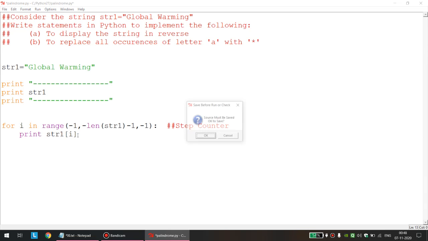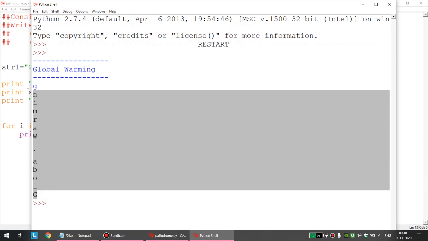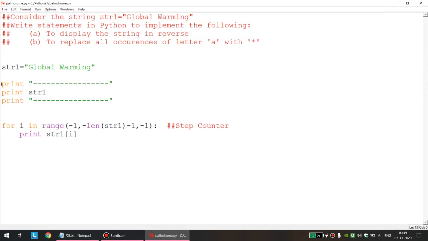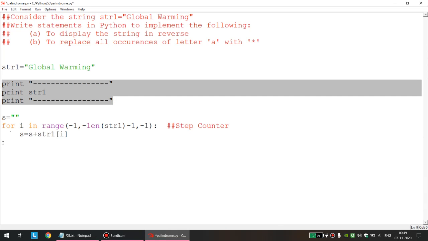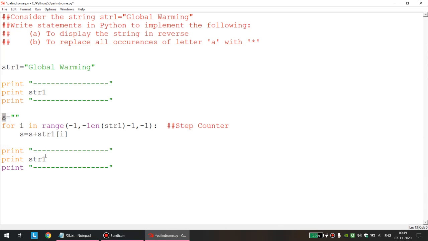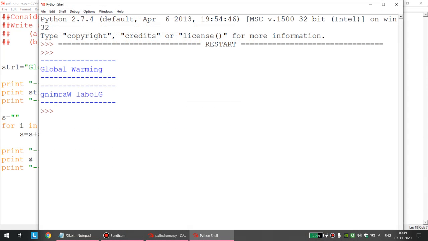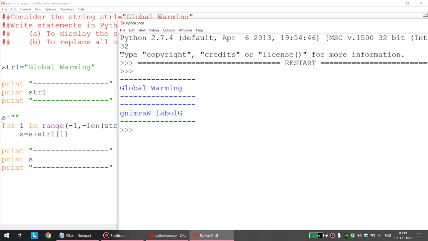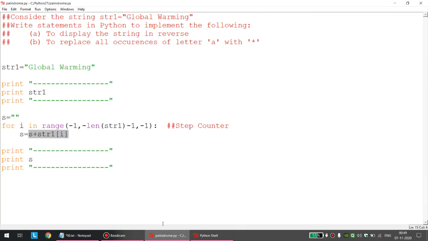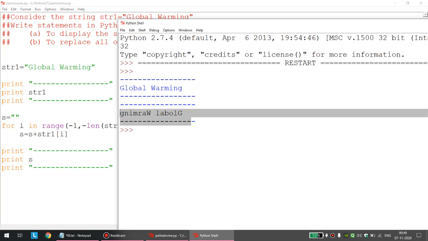Now, as I told you, I do not like that this data is printed in this haphazard manner, line by line. So I will make use of a temporary string. Let my temporary string be s. Okay, as we did in the previous program, we will keep on appending s equal to s plus str of i. And outside the loop again, I will take this decorative material, and my string is s, so I will print s here. Now I hope everything will work properly, and you can observe the entire string is printed in reverse. And because I am using a temporary string and I am keeping on joining the string, now instead of separate lines, my output is there in a single line.